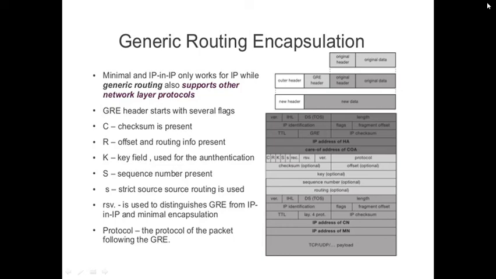So here, on the left side, are the fields of the packet inside the tunnel between the home agent and COA using GRE as an encapsulation scheme, and the outer header is the standard IP header with the home agent as the source address and COA as the destination address. But the protocol type used in this outer IP header is 47. This is the version for generic routing encapsulation. In minimal routing it is 55. In IP in IP it is 4. For generic routing encapsulation it is 47.